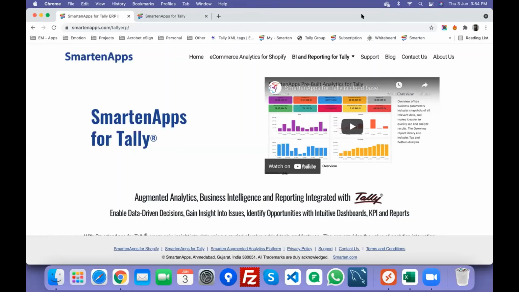Any automatic conversion of inventory from raw material to work in progress to finished goods? I didn't understand that question, but I don't think that's the domain of any analytics. Those sort of flows would have to be handled in Tally, as per my view, but you can perhaps get in touch with us for any more detailed query that you may have.